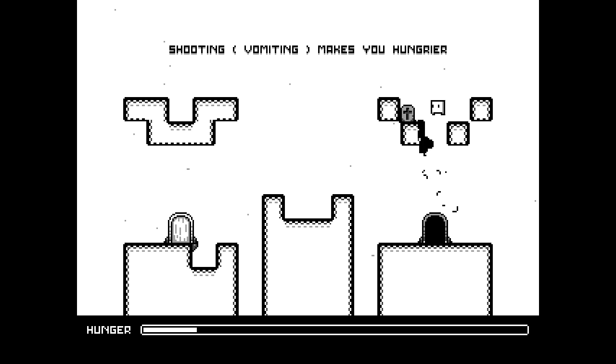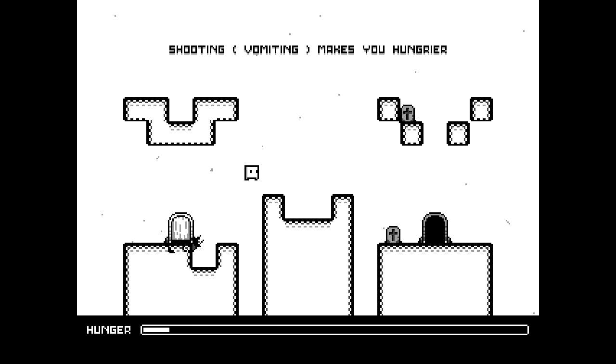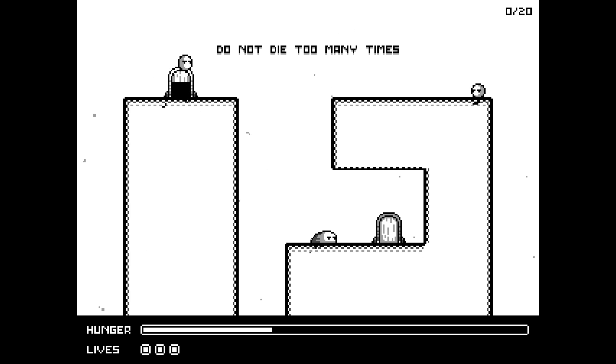If you get too hungry, I'll show you what happens here. If you get too hungry, okay, no, there we go. Let's watch Hungry Hubert get too hungry. Oh no, he explodes because of hunger. I'm pretty sure that's what happens in real life, if you starve to death, you